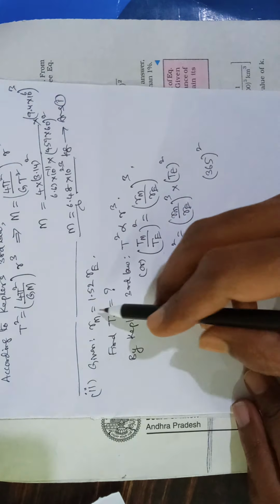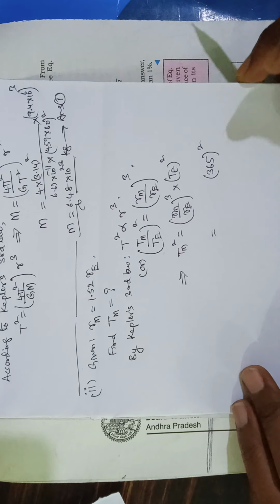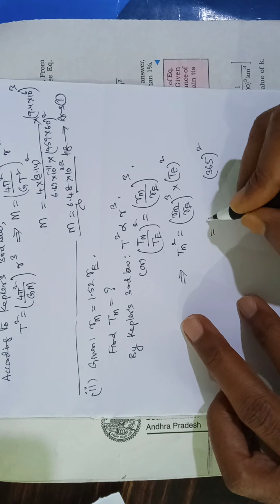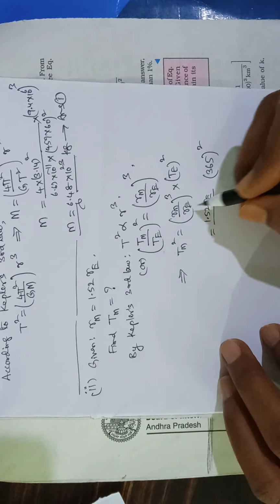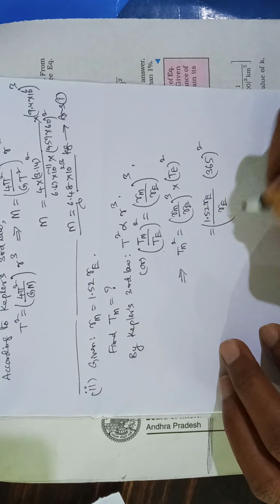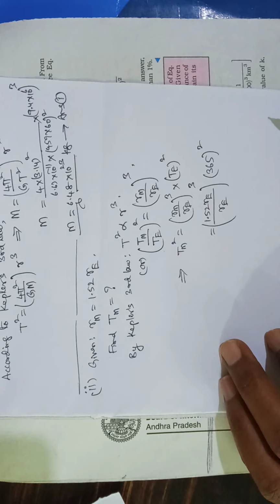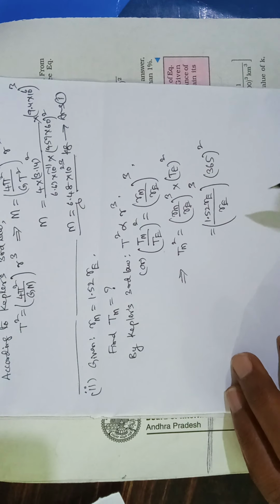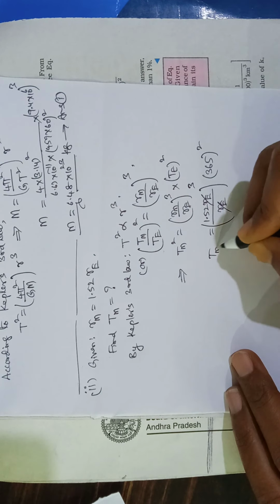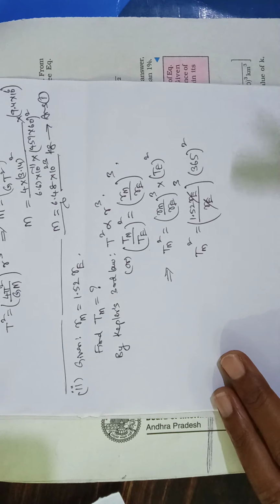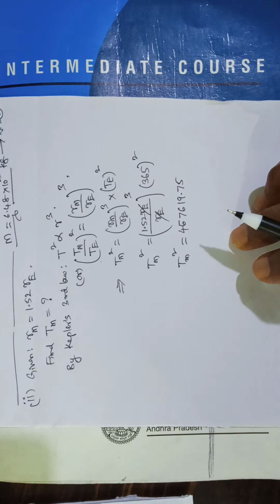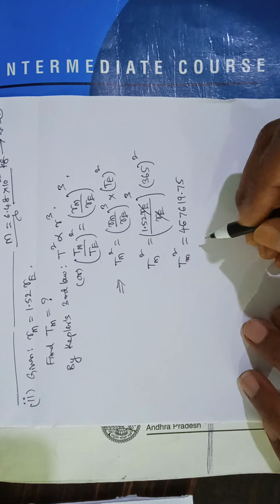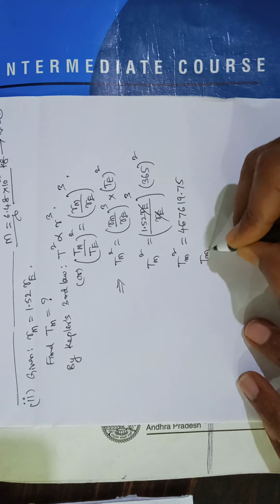Rm value, see here, it is given: 1.52 Re by Re cube. Rm value substituted here. Re cancels. Tm square. So here we get, now, Tm is equal to